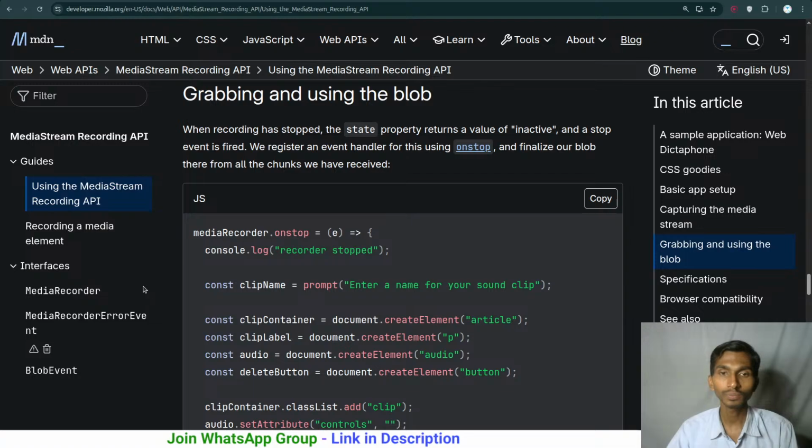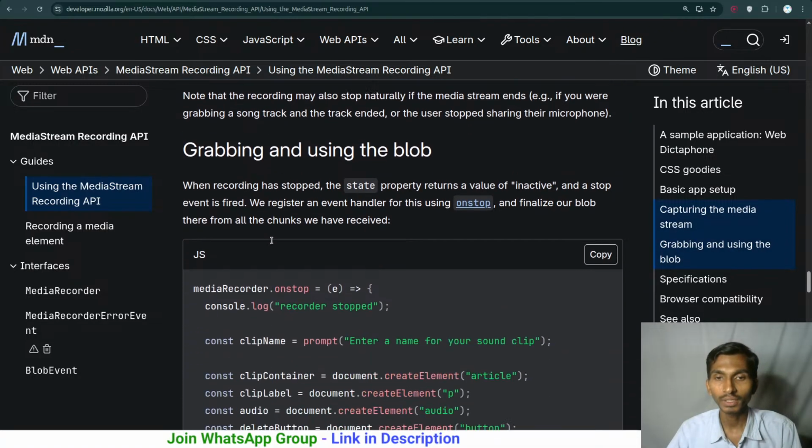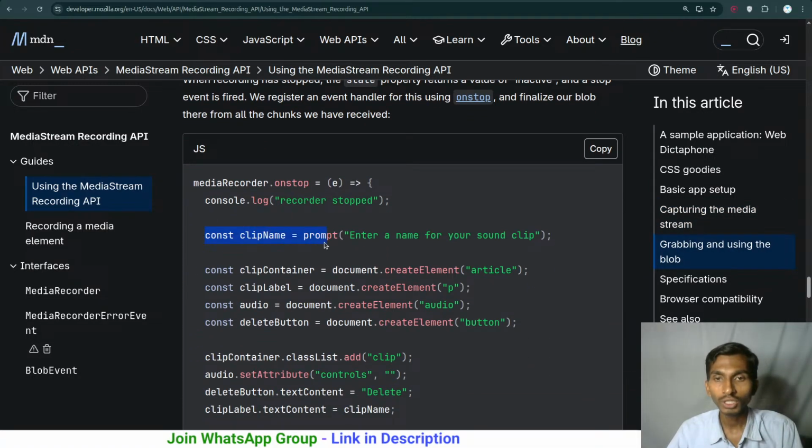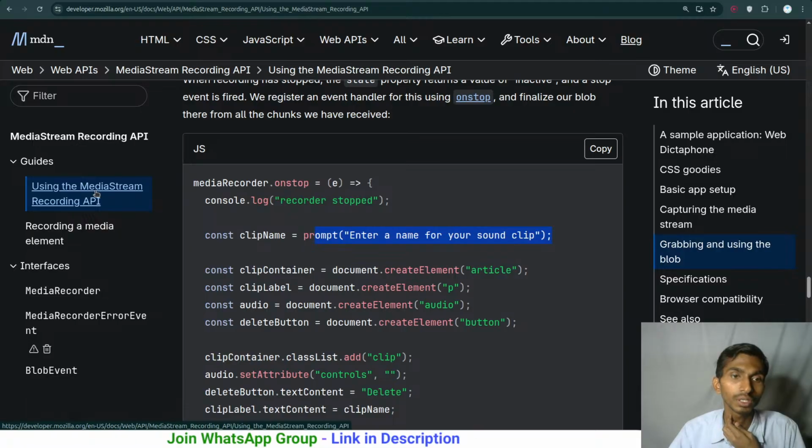If you actually have a look here, what we are doing is simply saying that the const clip name is going to be "enter a name for your sound clip." We are dealing with sound over here, using the MediaStream Recording API, recording a media element. Okay, never mind.